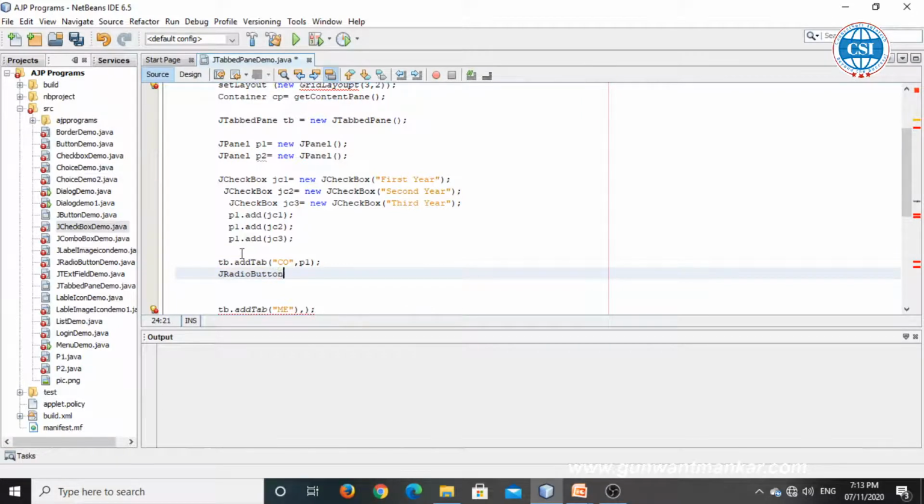I am just showing a demonstration of JTabbedPane. JRadioButton rb1 is equal to new JRadioButton, with the label first year, then a semicolon.